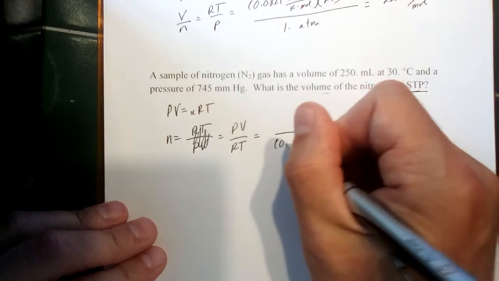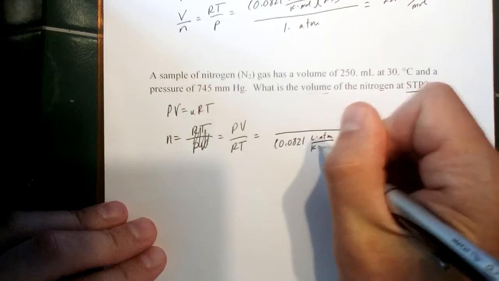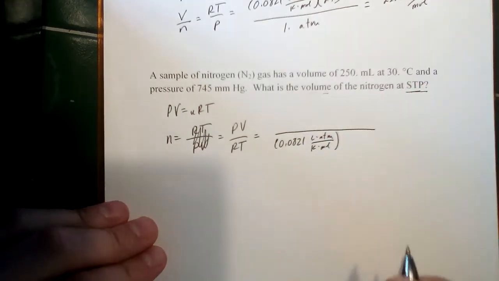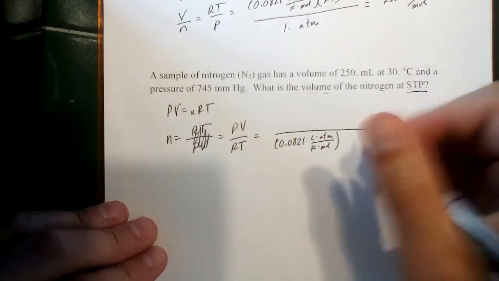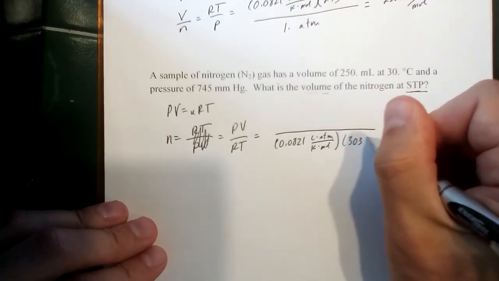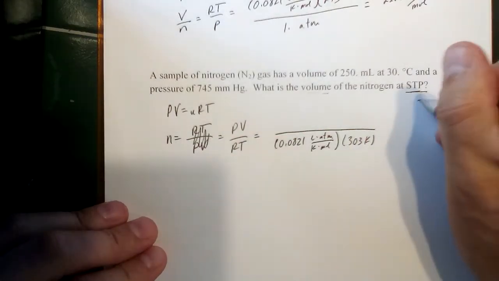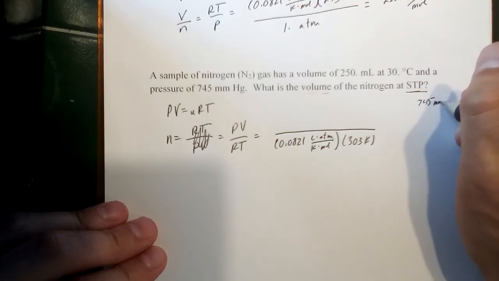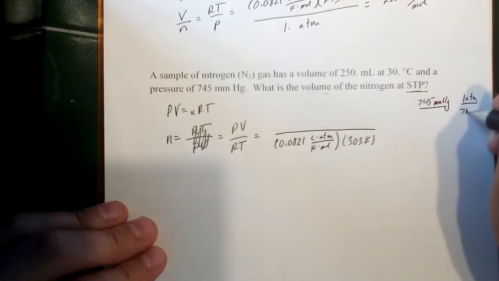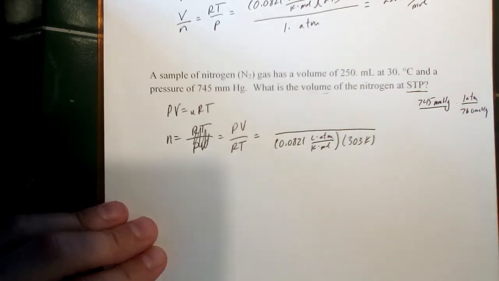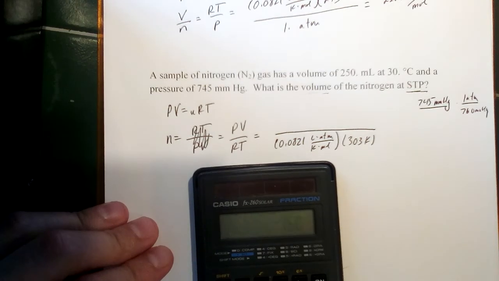So R is 0.0821 liter atmospheres per Kelvin mole. Right? And again, keep those units in mind. The temperature is 30 degrees Celsius. Add 273, that would be 303 Kelvin. Right? The pressure, 745 millimeters of mercury. And we're going to have to divide by 760 to turn that into atmospheres. So 745 divided by 760 is